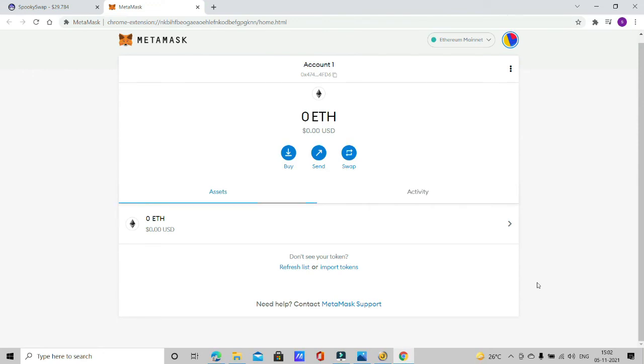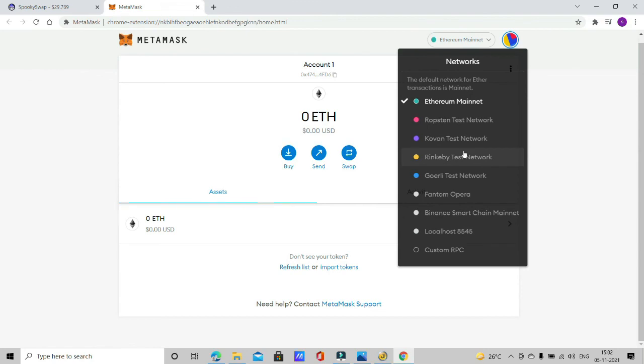In the next video, I'm going to show you how you can access the different blockchain networks like Binance Smart Chain, Phantom Opera, which is FTM, and others, and how you can access the decentralized applications using MetaMask, so that you can use the DeFi projects that we have, as well as a lot of NFTs, as well as a lot of yield farming projects that are available on decentralized exchanges. I'm going to be covering that in my next video.